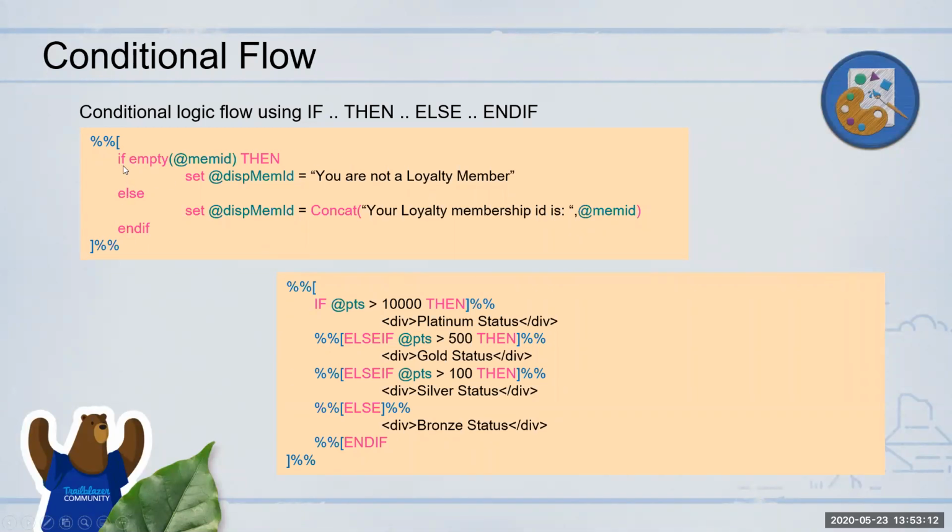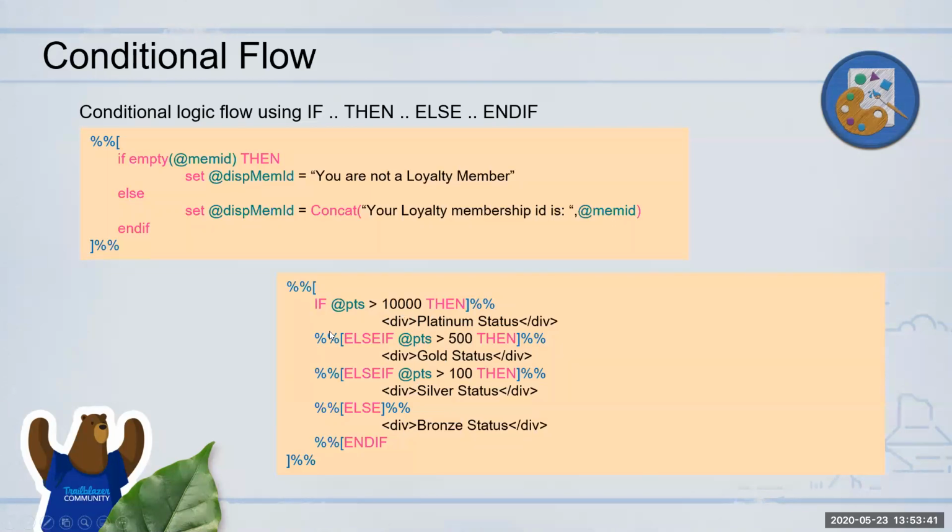Over here, as you can see, it's if and a particular expression, then the then keyword, and then you have the else, and then else if is there as well. So if you have multiple else statements that you want to use, then it's if, then else if, else, and then end if. You might be familiar with some of these when you have done coding, but if you have not, this is the syntax that you use.